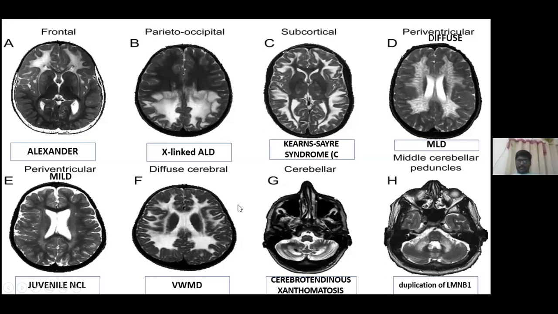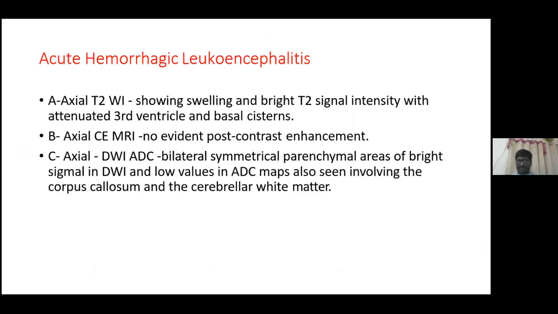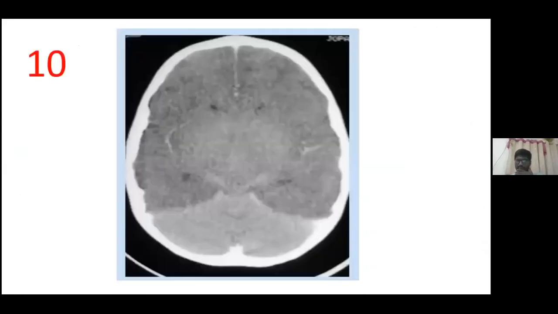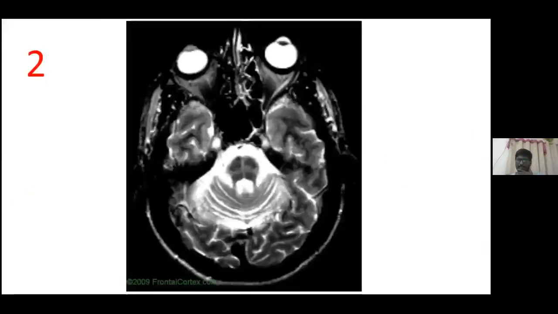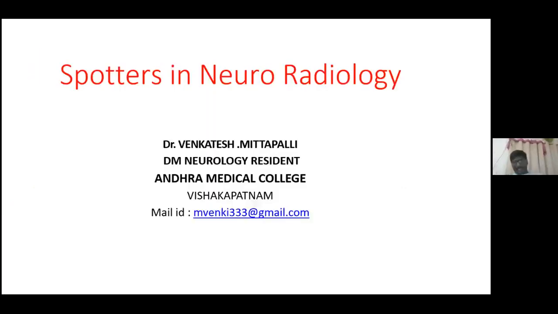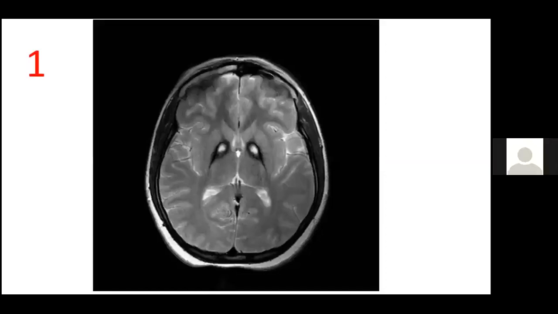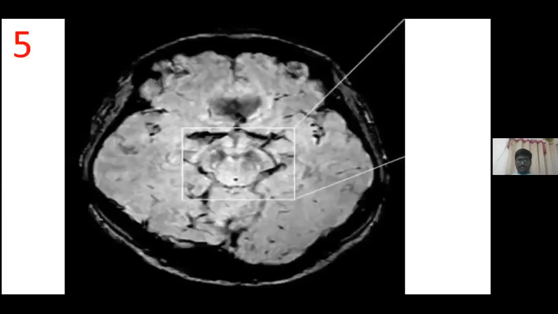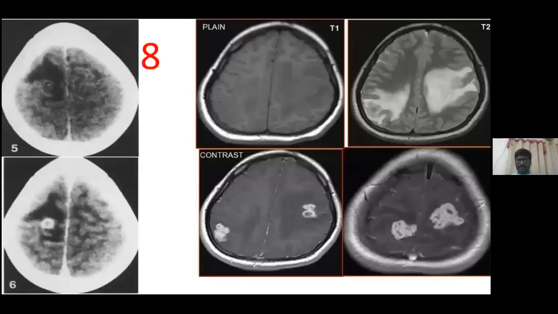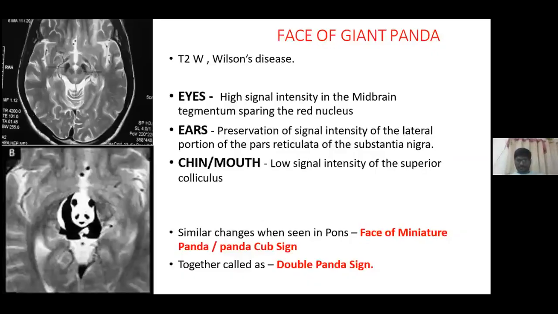Okay, so I will just revise the entire things once again. So some infections I didn't cover. So the aim of this lecture is basically first you need to know the basics. After the panda sign, some parts were missed, so you can continue after that panda sign. Panda sign. Yes, sir. Okay, fine. So giant panda sign already. Giant panda sign. This is Wilson's disease. After that, some were missed.